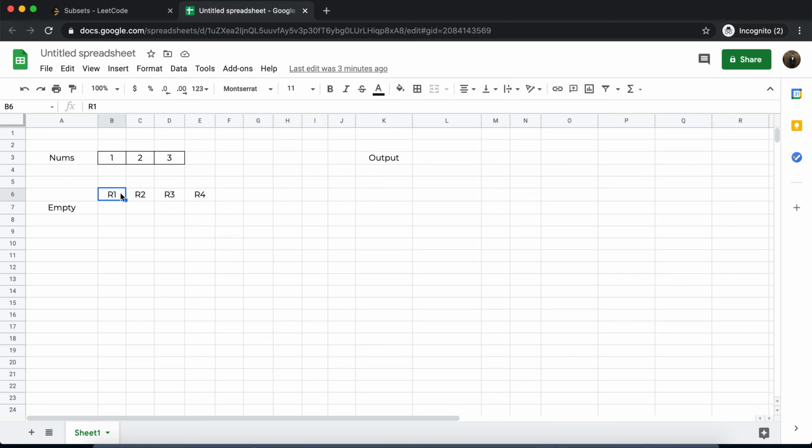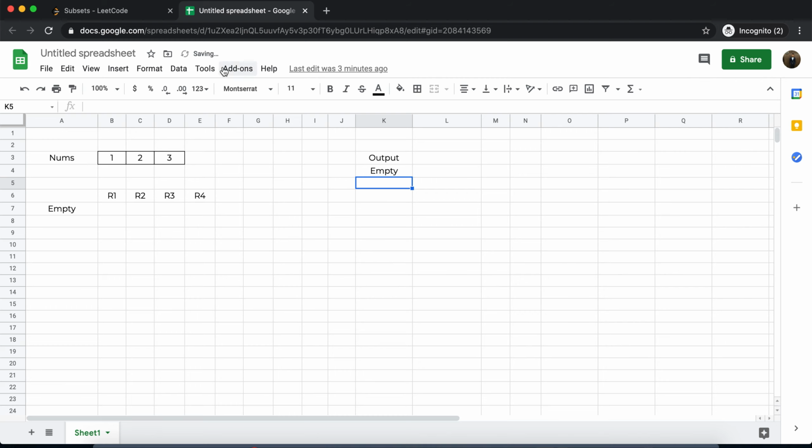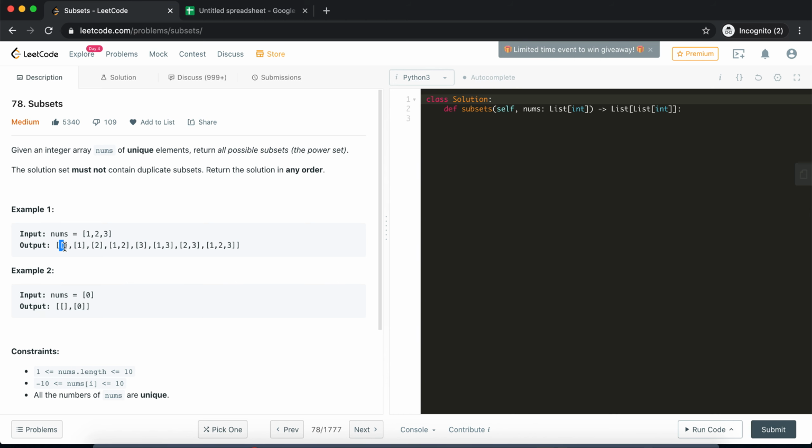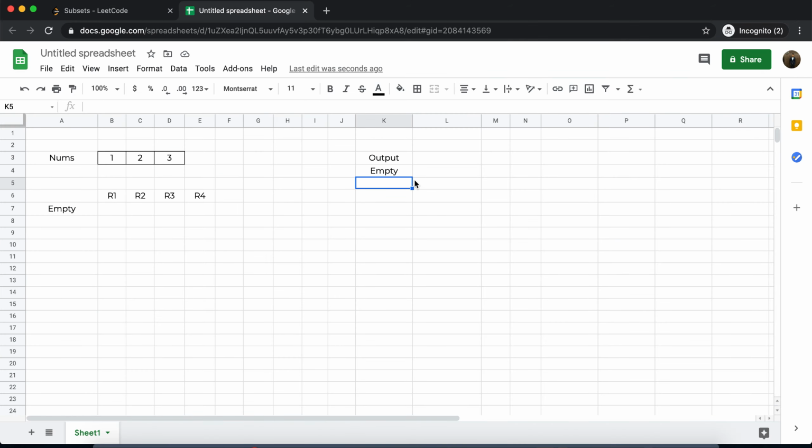The job of this function is to take whatever permutation it has received and add it to the output. So I'll add empty to the output, and remember, empty is also one of the subsets that we want. So that has been added to the output.